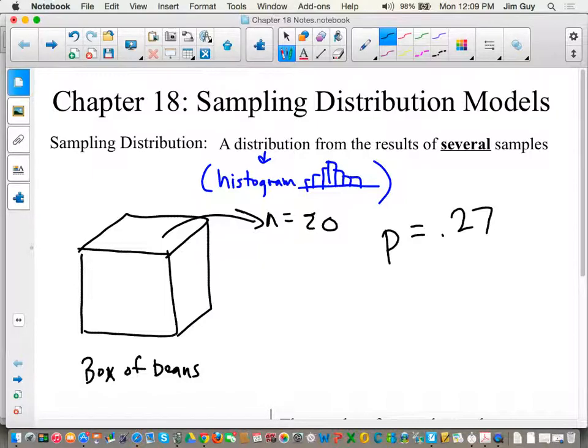27%. So if I say what percent are dark brown? 27%. What's the probability you get a dark brown one? 27%. And what's the proportion? 27%. I know you think I'm weird, insulting your intelligence, asking you the same question three times, but